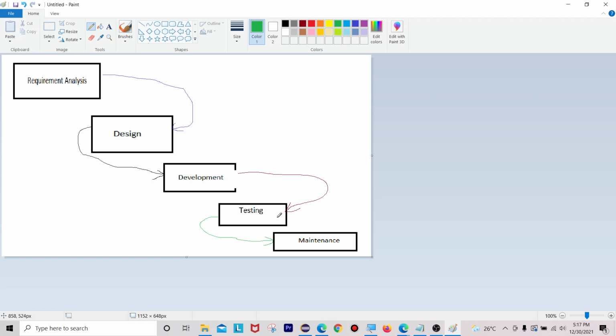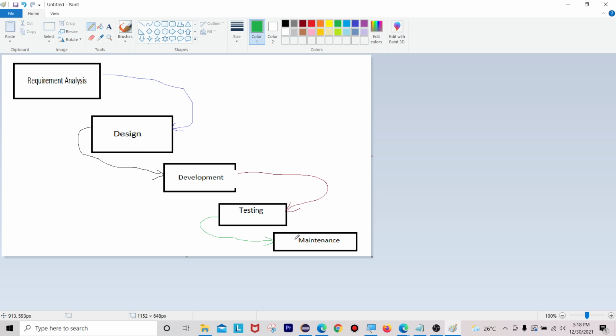During this testing part, we have to validate as per the requirements whether the application is working or not, or whether the user can access the particular application or not. We are going to test that in this phase. Once that is done, it is the maintenance part.